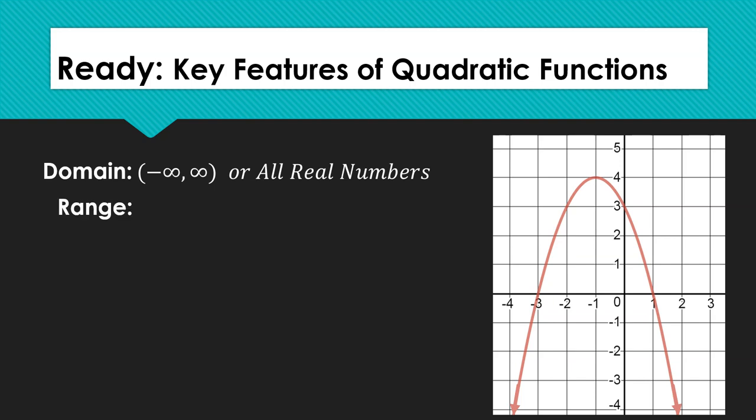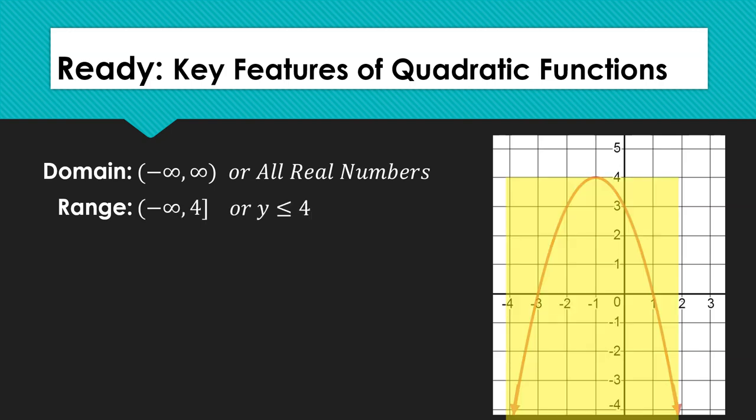The range is the set of all possible y values. In this example, the range is from negative infinity to 4, or y is less than or equal to 4. Notice that we have included a bracket after the 4 instead of the parentheses. Remember that the parentheses indicates that the value is not included in the set, whereas the bracket indicates that the